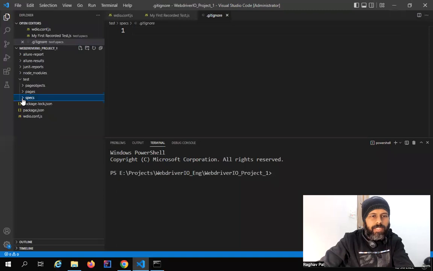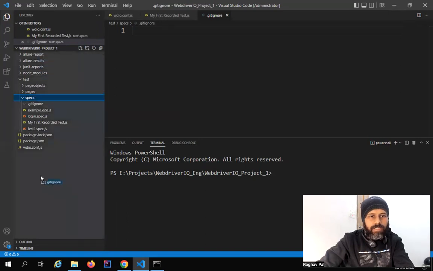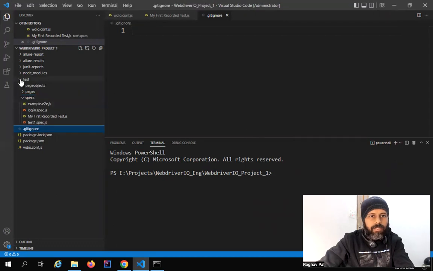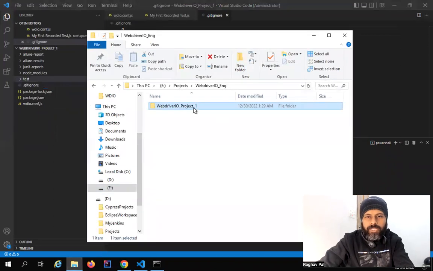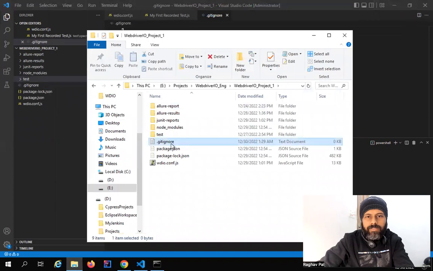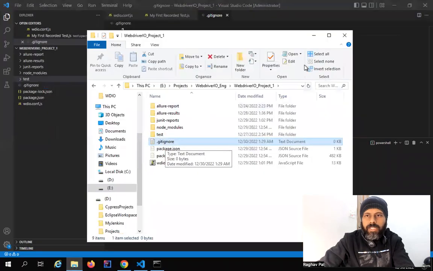So if you see here, it has gone into my specs folder, so I have to move it out. I will just move it outside and should keep it directly inside the project folder. You can do it manually from the folder explorer as well. So if you see here, now my file is here. Okay, this should be directly in your project folder, and here